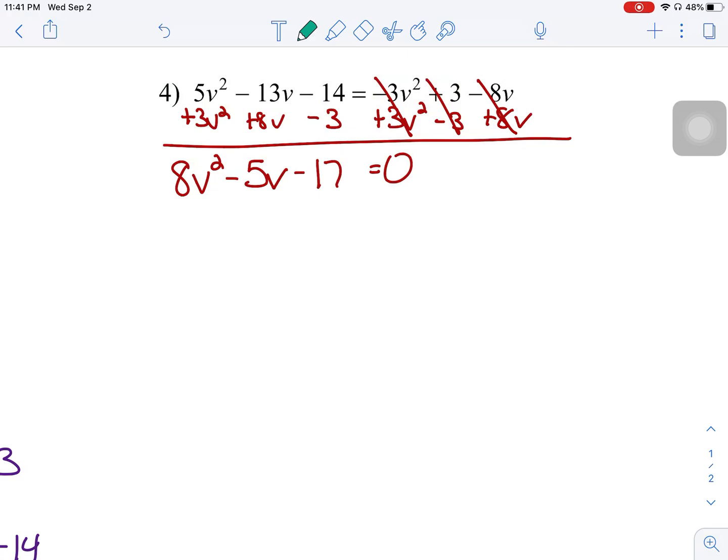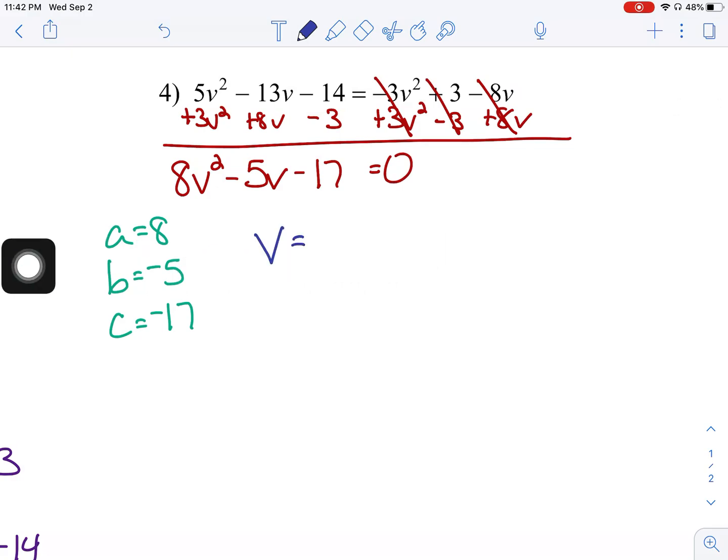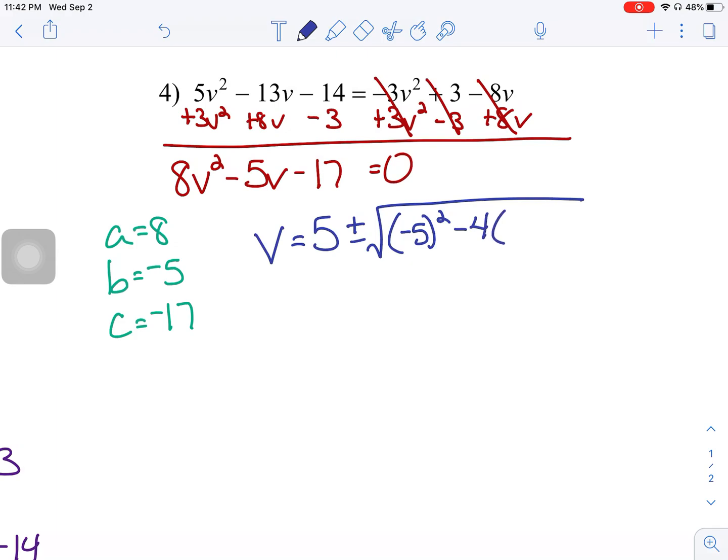All right. So once it's in standard form, I'm just going to take a second here to keep track of my A, B, and C values. I've said it once, I'll say it again. You don't have to. This is just my method of making sure that I don't screw something up with a sign, and it also just focuses me on my list. So variable change here, v is equal to the opposite of B. Now, if B is negative already, the opposite of a negative is a positive 5 in this case. So 5 plus or minus the square root. B is negative 5. We're going to square that. Minus 4 times A times C